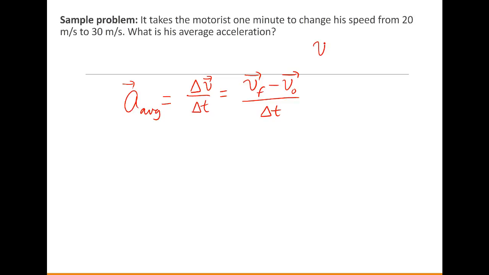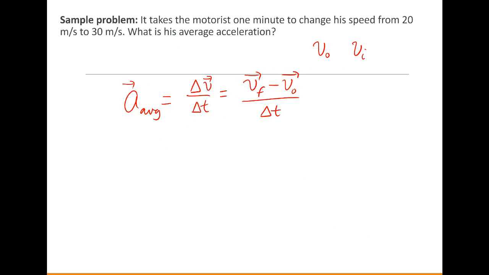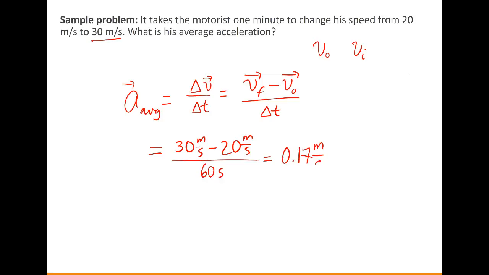Now, sometimes I'll write a v naught as initial, and sometimes I'll write a vi. It means the same thing. This tablet that I'm working on is a little touchy, so if it advances a slide, I'll just go back. So 30 meters per second is v final, and v initial is 20 meters per second, and this happens in 1 minute, which is 60 seconds. So that means that my acceleration is about 0.17 meters per second squared, and again, it's north, going off the